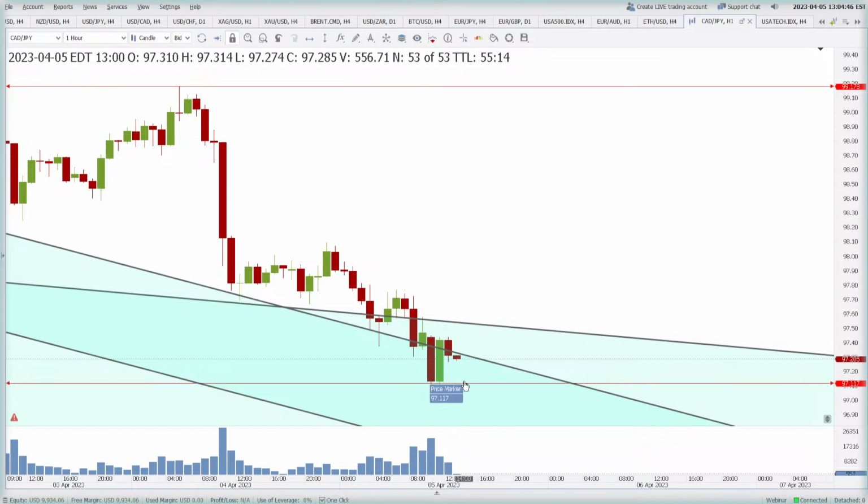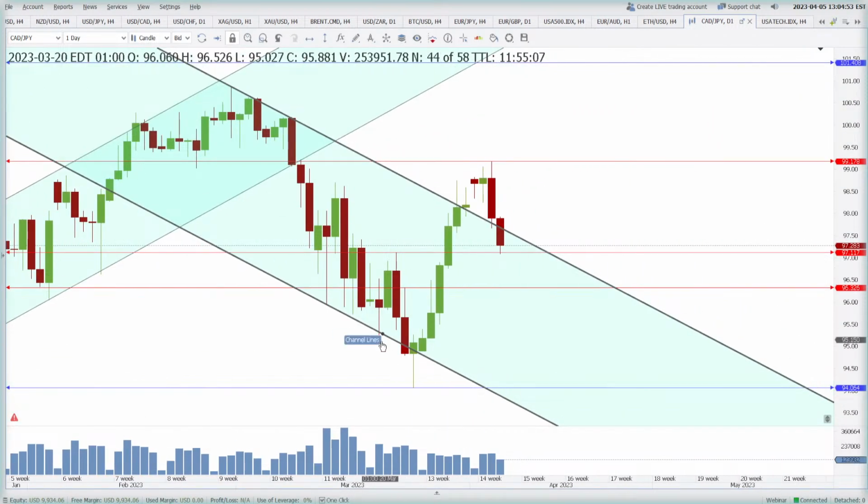But yes, 97.11 is supposed to be a very good support in this market, because when the long-term market structure, I mean the daily chart market structure, broke to the upside, it made a high of 99.17, and now it has lost 200 points from there to come down to 97.11. And now this is what we are expecting as a buying opportunity. And if the price keeps on dropping, I will still be a buyer around 96.32. Okay, guys, keep an eye on these two levels.